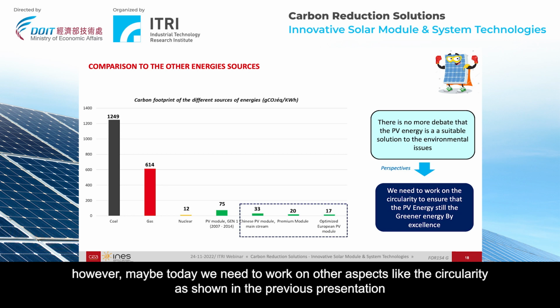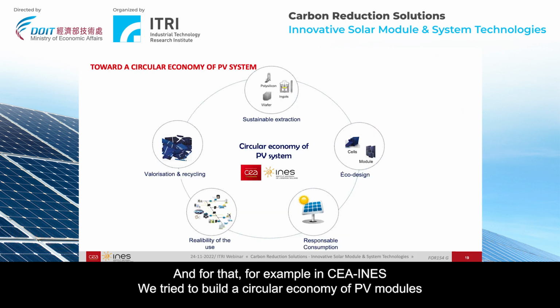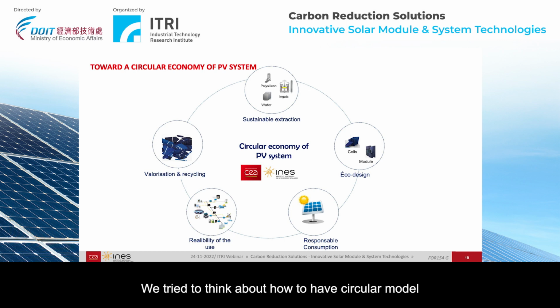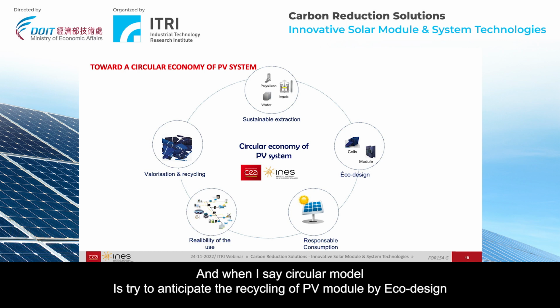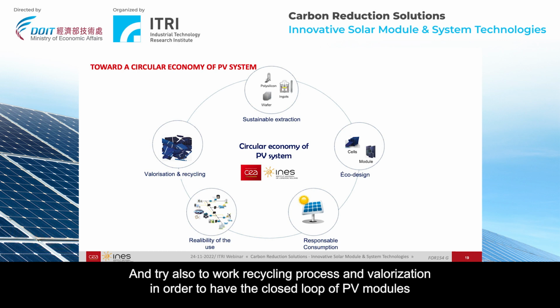However, maybe today we need to work on other aspects like the circularity, as shown in the previous presentation, the recycling of PV modules in order to stay the greenest energy by excellence. And for that, for example, at CINS, we try to build a circular economy of PV modules. We try to think about how to have a circular model. When I say circular model, it is to try to anticipate the recycling of PV modules by eco-design, optimize the system by responsible conception and reliability of use, and also work on the recycling process and valorization in order to have a closed loop of